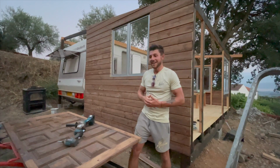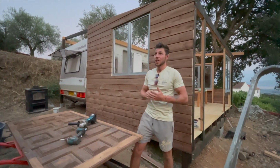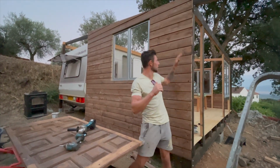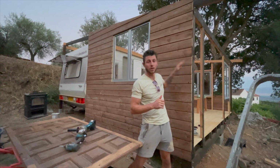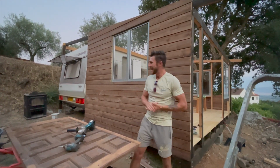Eventually it was pretty close, another shop that we didn't know of. We went there and there we ordered the roof plates, sandwich panels, isolation for the inside because we're also going to isolate the side walls. So in the winter we're going to stay nice, cozy and warm. Another thing,